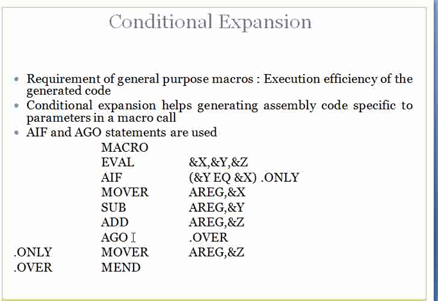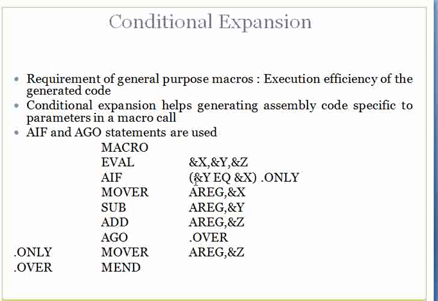Okay, so when I've written an AGO, there is no condition to be tested, so it is an unconditional branching statement. Once it goes to this line, you will see that it is asking us to transfer the control to that line where .over appears as a label. So it would be this line that is meant.